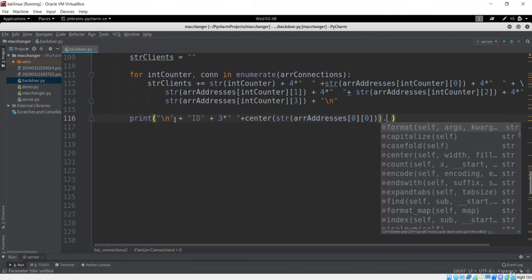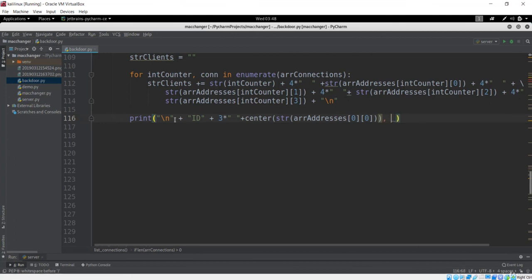Okay, it should be IP. So what we just did here was center alignment. This is basically for your ID, so we just get the ID. Now let's add the center alignment for our IP address. So let's go over here, and now let's add again these 4 spaces or 3 spaces as you like, and